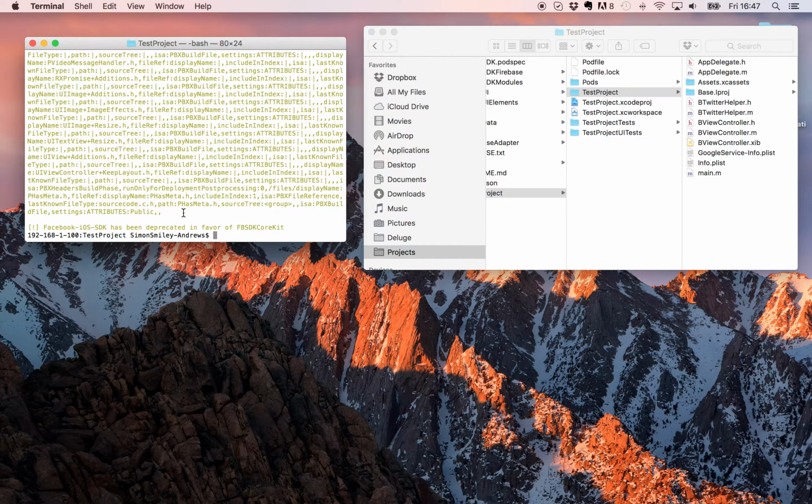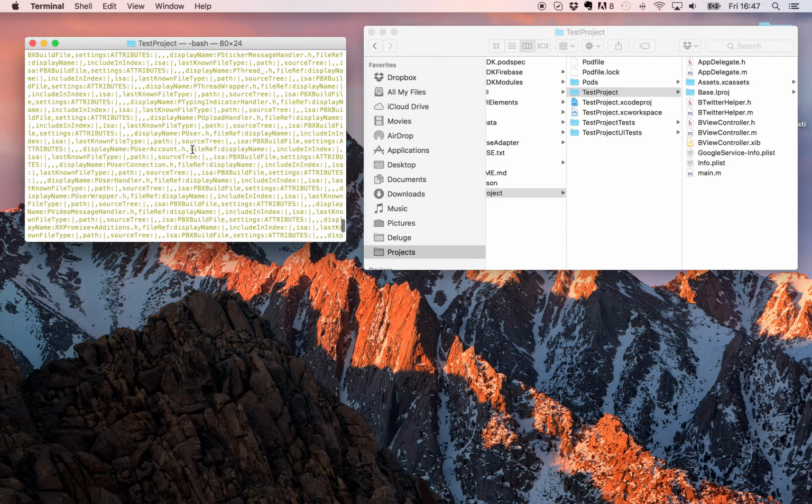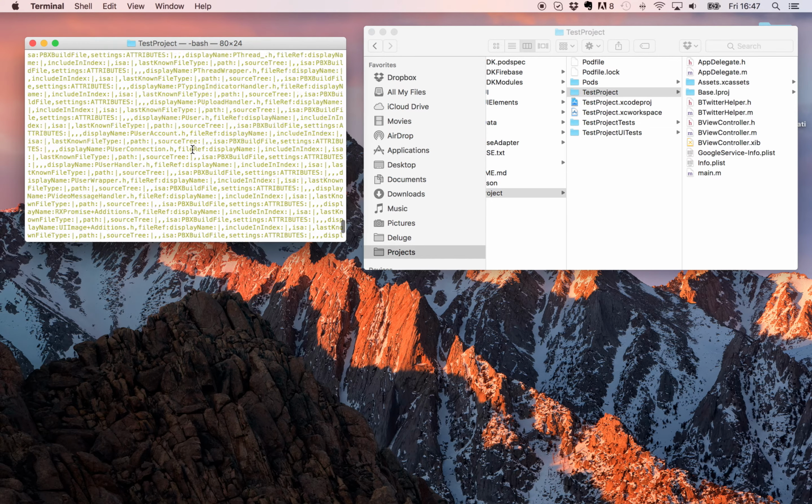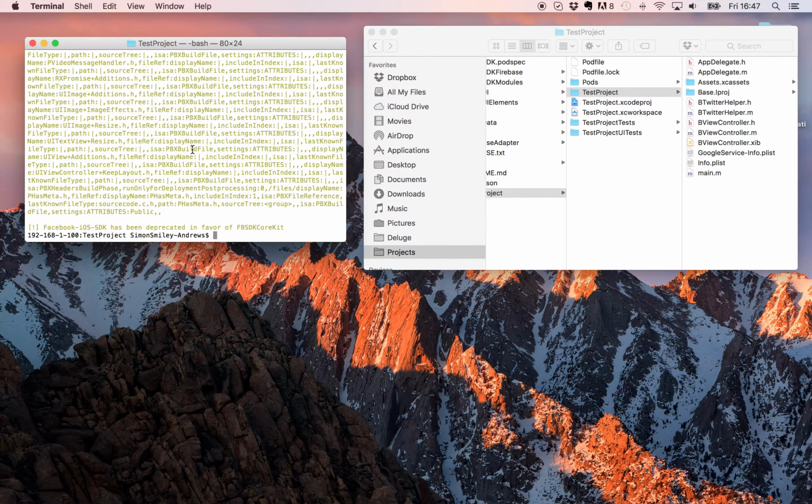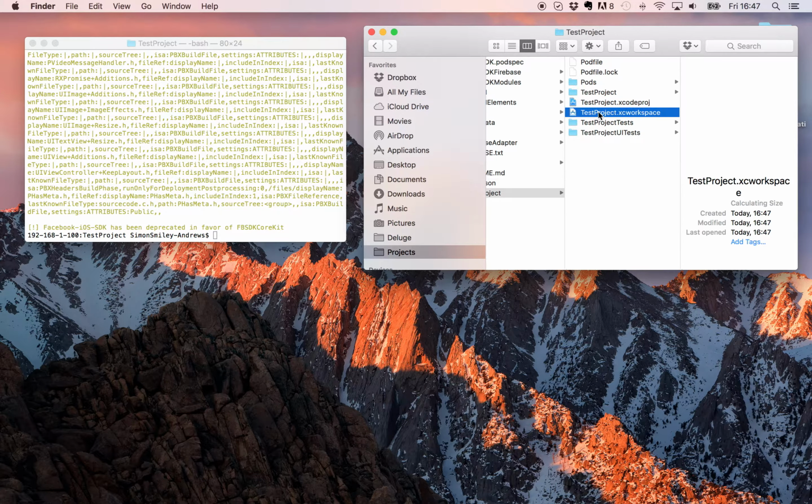Now that the pods have fully installed, you might notice that there's a lot of yellow text that comes after it. This is a problem currently with CocoaPods and can be completely ignored, so don't worry about that. Okay, so now we're ready to load up our project. Remember to open the xcworkspace now that you're using CocoaPods,